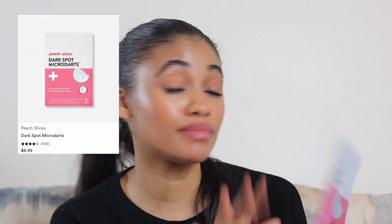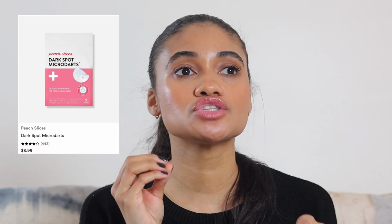And then this product, which is a dark spot micro dot product, also from Peach Slices. I've been loving this. I don't think this is going to work for every dark spot or hyperpigmentation mark, but it does really work well on active breakouts, putting it on and getting rid of that redness. And I feel like this really lightened how dark this was going to be, because normally, because of how long this was on my face, it would have been